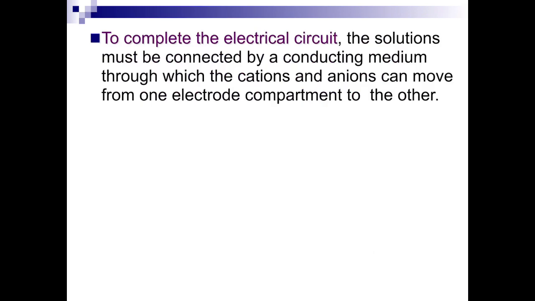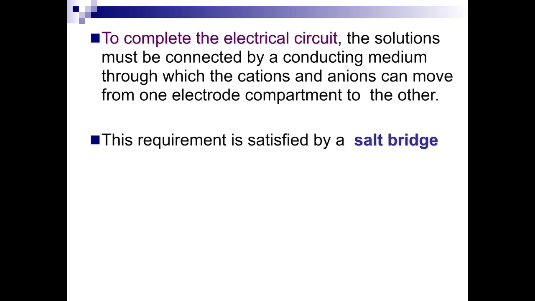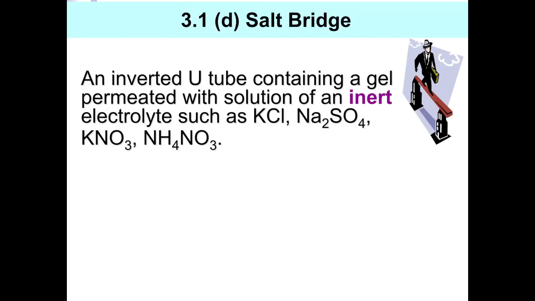To complete the electrical circuit, the solution must be connected by a conducting medium through which the cations and anions can move from one electrode compartment to the other. This requirement is satisfied by a salt bridge. So what is a salt bridge? A salt bridge is an inverted U-tube containing a gel permeated with solution of an inert electrolyte such as KCl,